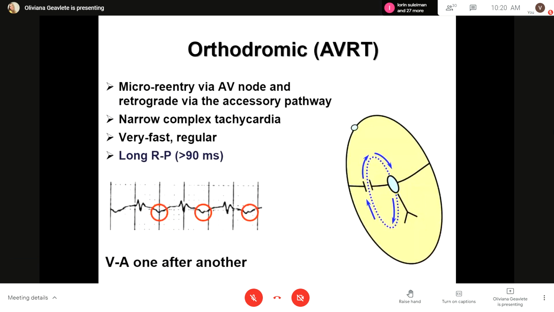Narrow, because the activation is normal. So the QRS complex in this orthodromic AVRT would be narrow. It's a very fast, regular tachycardia with a long RP, the same as a typical AVNRT. But you have to know that the atria and the ventricle are not activated simultaneously here,